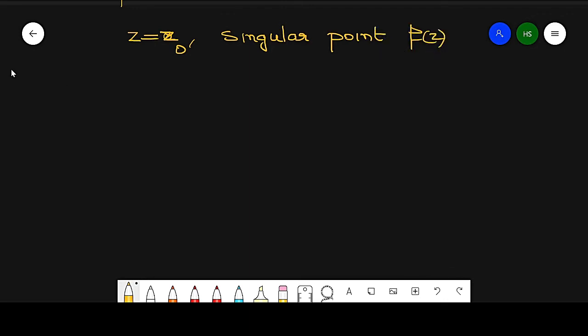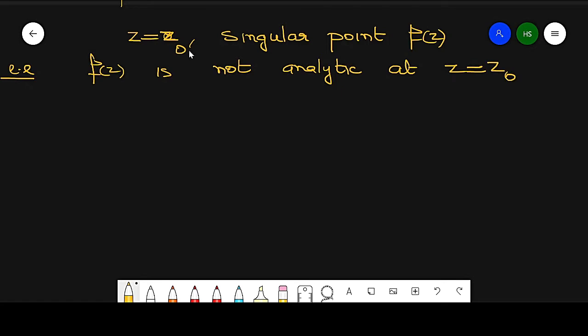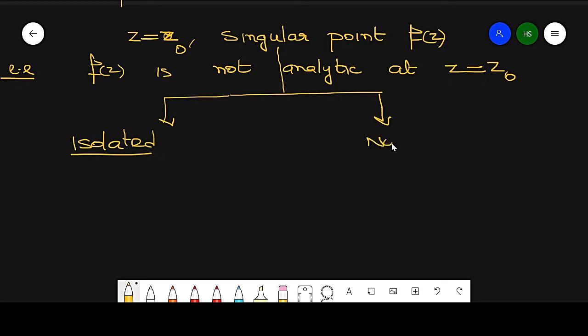It means f(z) is not analytic at z equal to z naught. Now it has two parts: one is isolated, meaning alone, and second is non-isolated,